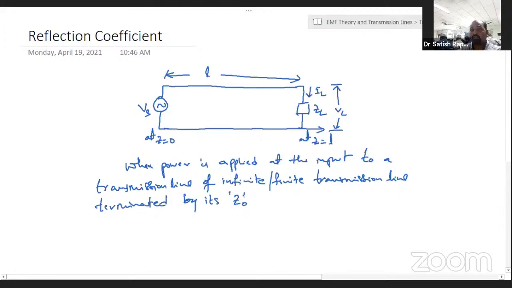Z0 is characteristic impedance, right? Terminated by its characteristic impedance in the sense ZL is equal to Z0, that is, load impedance is equal to its characteristic impedance, right? Then